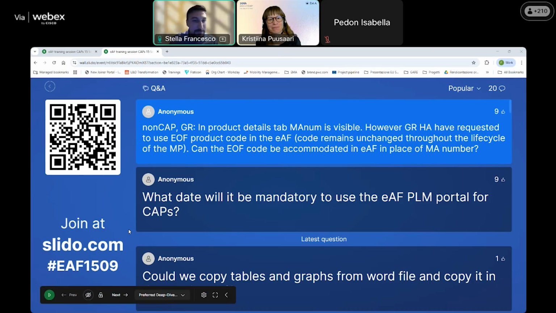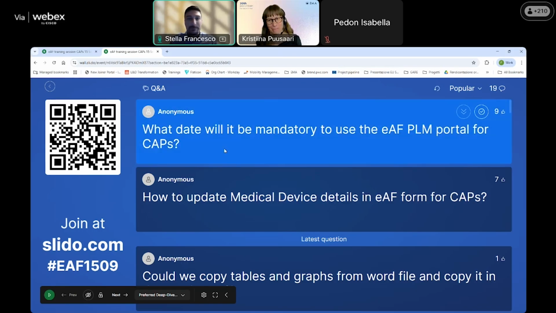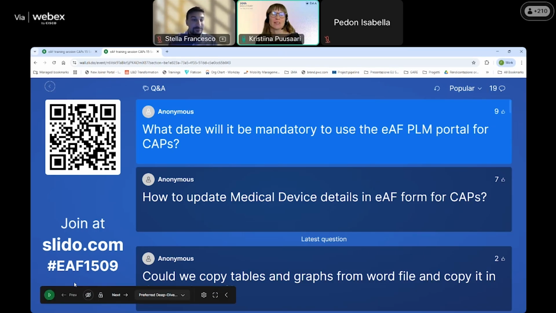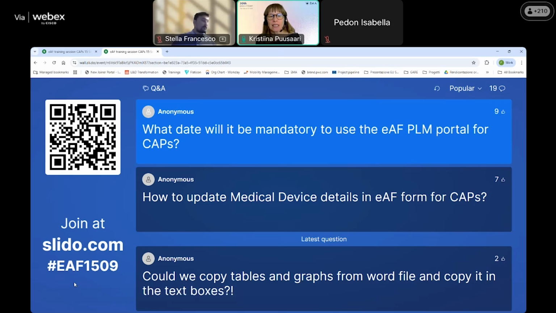Okay, let's move to the following question. What date will be mandatory to use the eAF PLM portal for CAPs? That's a very, very good question. As I mentioned, we are at strongly recommended use, so we can consider that kind of pseudo-mandatory use. So basically, you should use it if you can. Of course, there are situations where you can't, but we very, very strongly recommend that you use it for all CAP applications where possible. We do not yet have a mandatory date, and this is because we are waiting for